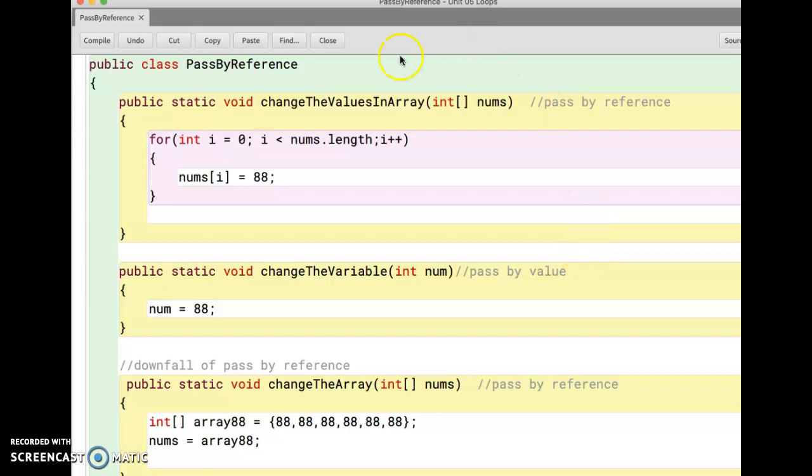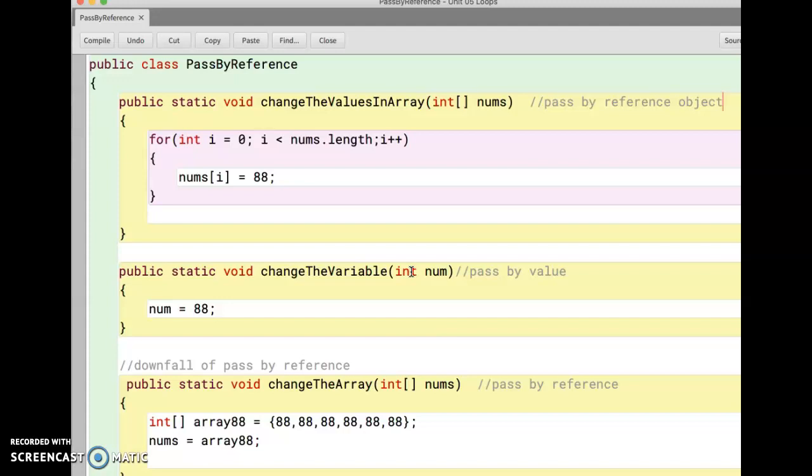All right, in this video, we are going to learn what it means to pass a parameter by reference. So that's what I named my class. You pass a parameter by reference only if it's an object. So it always must be an object of some sort. Primitive types are only passed by value. We're going to discuss the difference between those two,